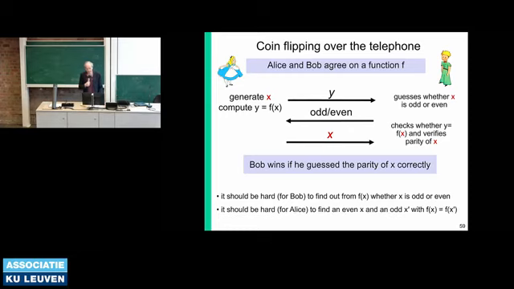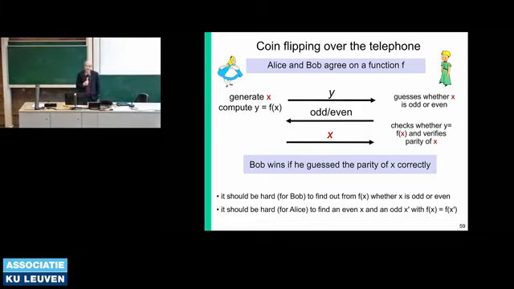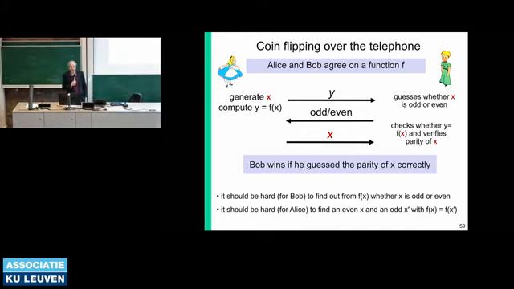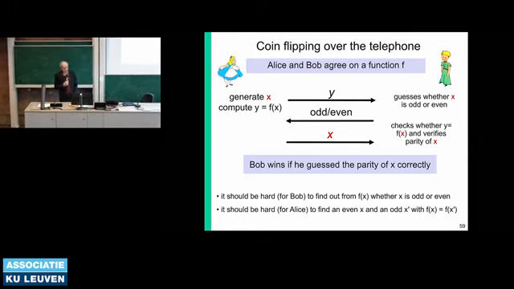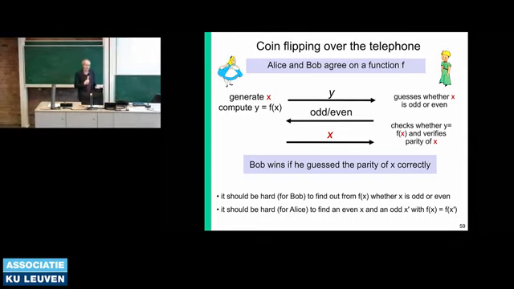And of course, Alice has different ways to cheat. Alice could try to find X and X prime, where X is odd and X prime is even, or vice versa, and such that they have the same value f of X. In that case, of course, Alice can always win. She can make such a collision, as we call it. Then she can send f of X, and then depending on what Bob guesses, she can then release X or X prime. So if my function f is collision resistant and also not invertible, pre-image resistant,